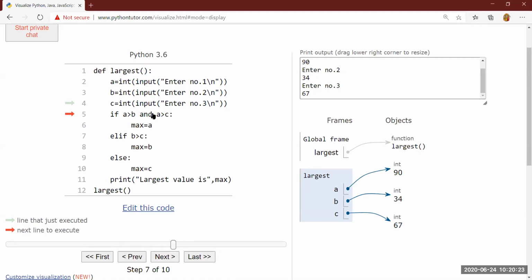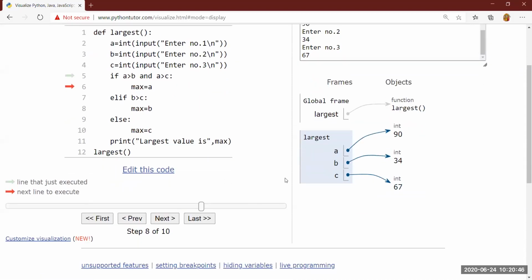Condition is true. Both the conditions are true. That means this will execute. This cursor will move into line number 6 because both the conditions are true and none of the other conditions will be checked. And always remember, after executing line number 6, cursor will directly move to the line number 11 because it will not check rest of the part. See it now. You can visually see it. Max executed because condition is true. Now max gets created. It is pointing to the largest value 90 and none of the conditions are checked afterwards because first condition is true. We all know none of the conditions will be checked.